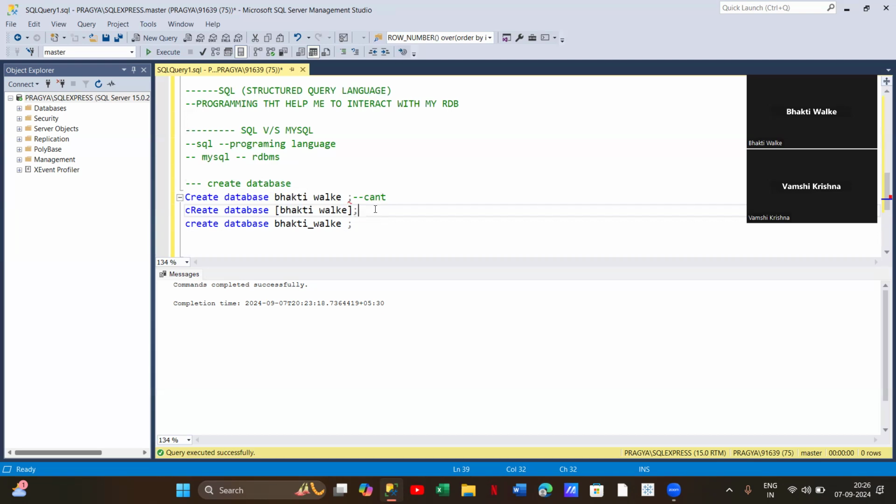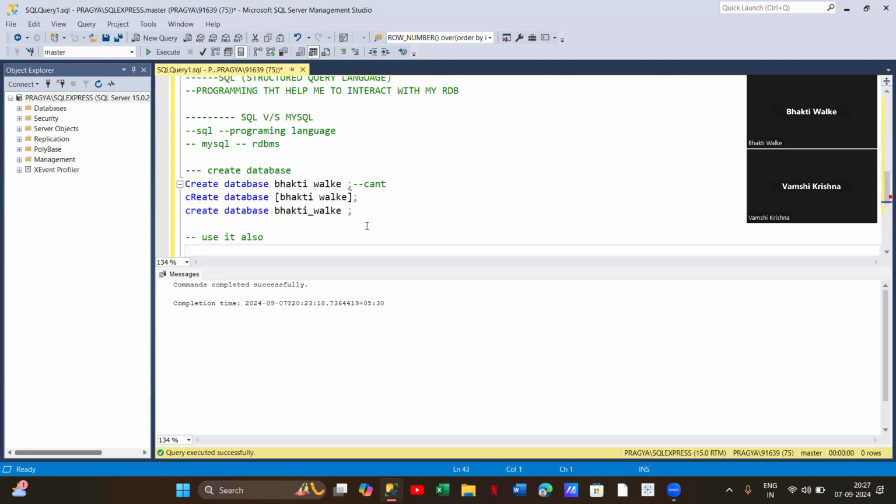Okay. So we have created a database. Now, if we have created a database, we should use it also, right? If we are not using it, what's the use? So to use a database, you will